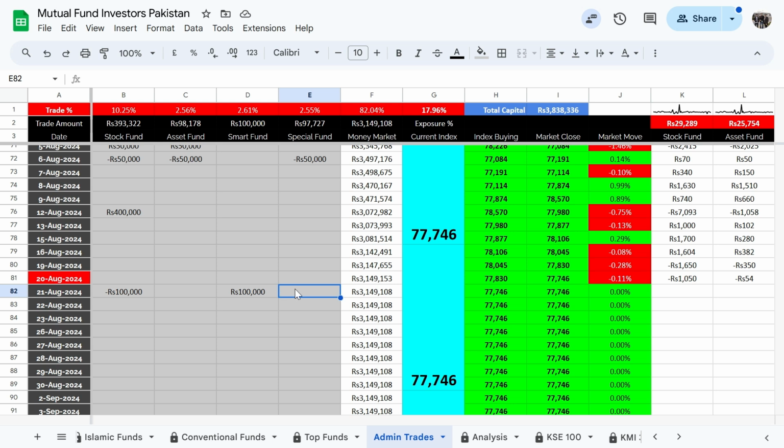Now, what should we do if we want to inject new capital into our money market fund? That's easy too. There is no need to worry about this formula here. Let's say you want to add 100,000 into the money market fund, and it's expected to get deposited into your fund on the 21st of August. So we'll simply click on this cell and then type plus 100,000 at the end of this formula and press